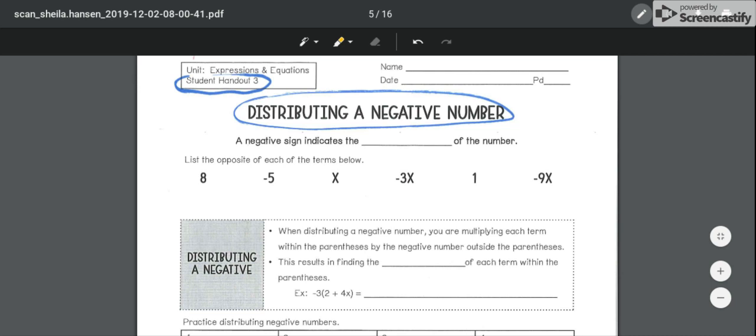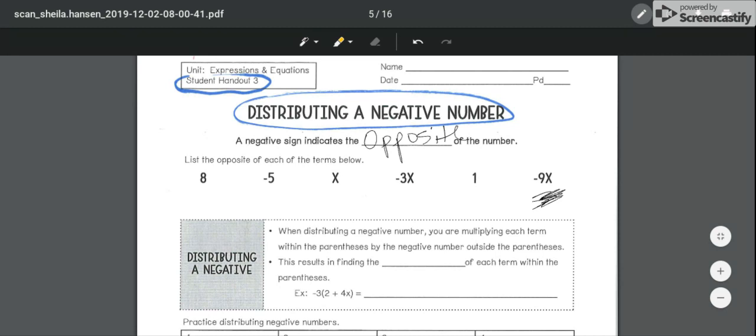Handout 3 goes along with handout 2. We are still using the distributive property, but this focuses on negative numbers. So a negative sign indicates the opposite of a number. Like on this number right here, we can say negative 9x, but we could also call this the opposite